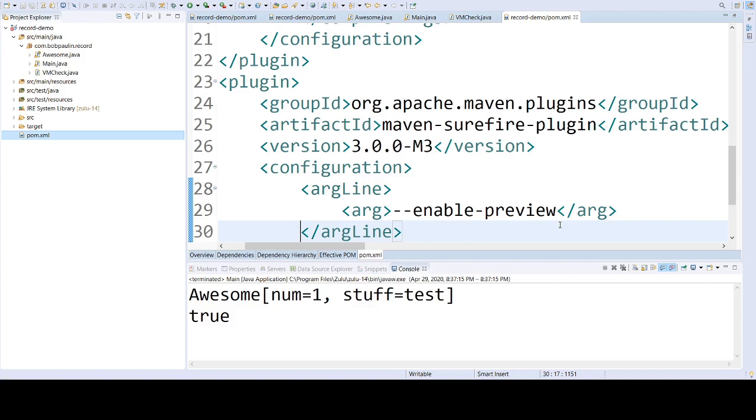NetBeans has it where you have to basically run the IDE on 14. Eclipse still works if you run it on Java 8. But with NetBeans, if you run it on 18 and disable the NetBeans compiler library, you can enable the enable preview feature within NetBeans as well. I see. I'm sure IntelliJ also has a setting, they're always ahead of the game as well, where you can start enabling these and start playing around with them.